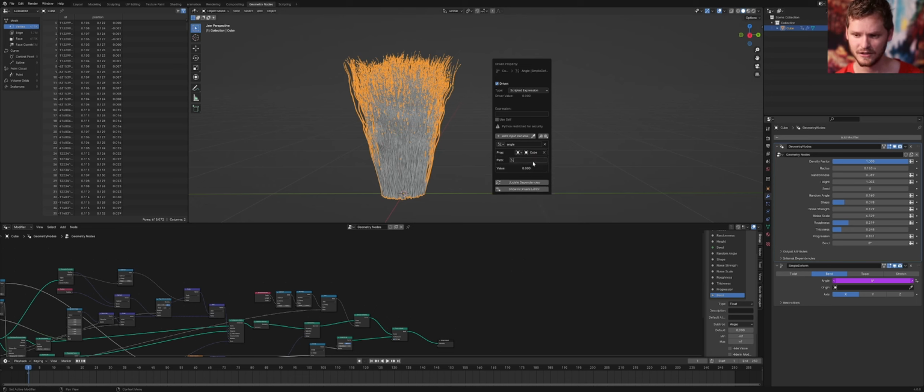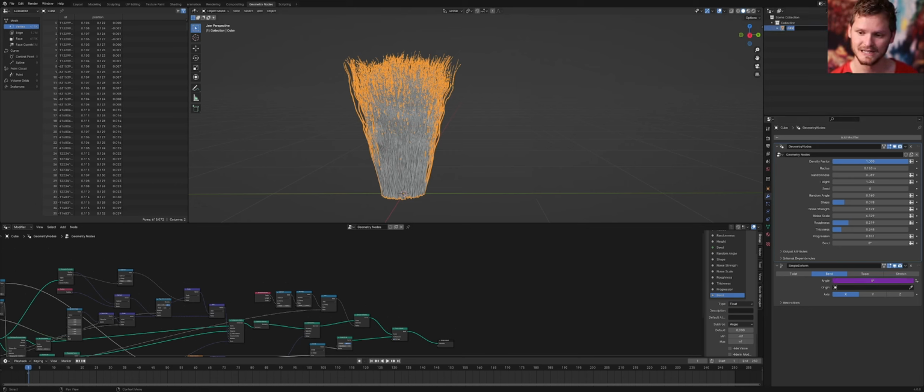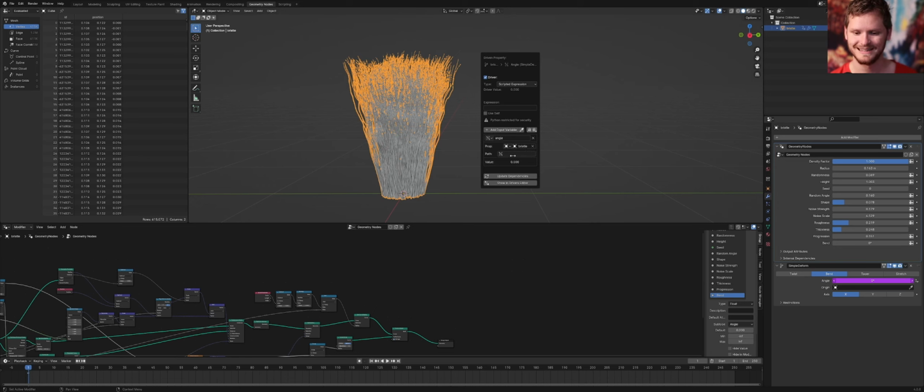Okay, so here we're getting a little confusing. So we have a driver. It's using data, but first of all, it needs to know where that data is located. That data is located in our bristle object. So let me just rename it. It's located in our bristle object, which before was called cube. So now you can see it goes into our bristle object, and then the data path we're looking at, we can paste that thing we copied before. You can see what it says is the modifier, geometry node, socket 14, and that's what we want,